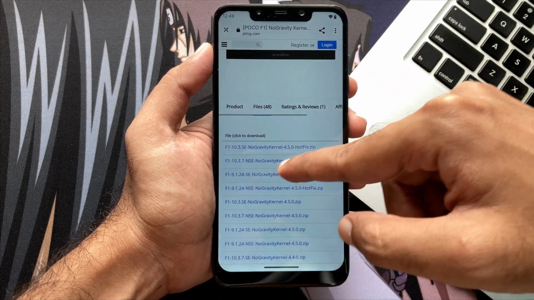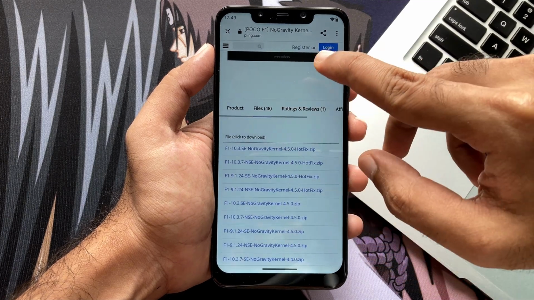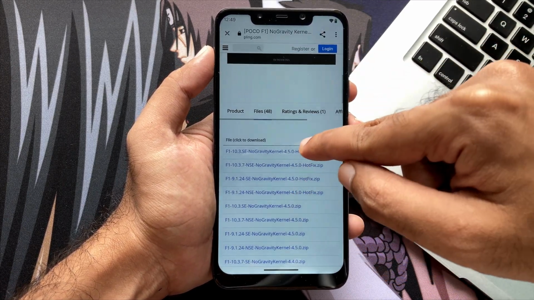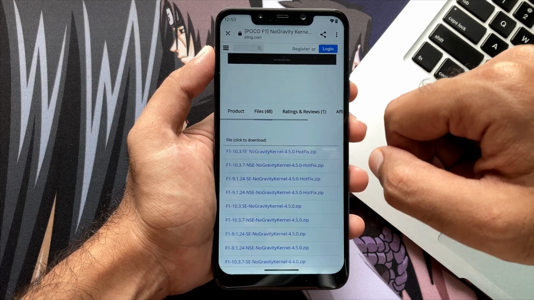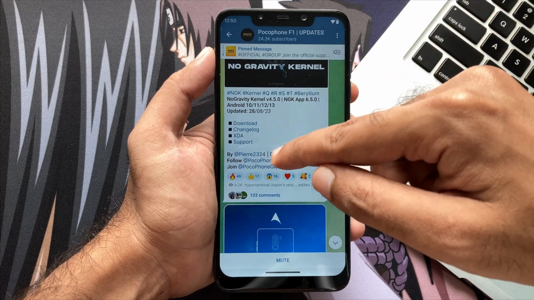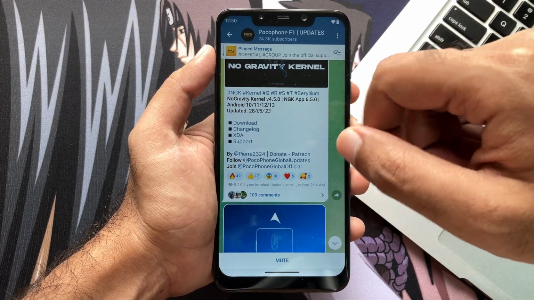So in my case I am not downloading this because I have already downloaded and stored it in my internal storage. So simply you just have to click and the download will start. Once it's done, you just have to go back to this Telegram channel, and inside it you just have to